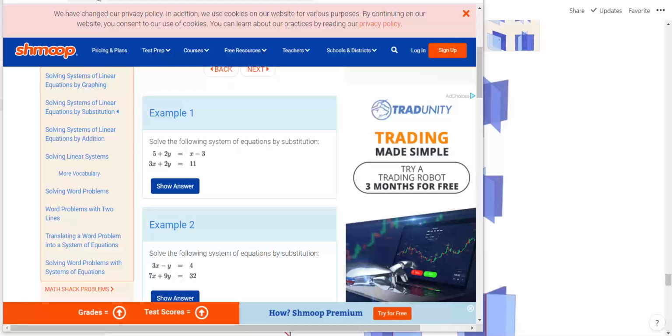So they've asked us to solve using substitution. So let's do that. We've got 5 plus 2y equals x minus 3. On the other hand, we've got 3x plus 2y equals 11. Now, using substitution, the first one would be x equals 8 plus 2y, right? So we substitute x in the second equation. So we have 3 multiplied by 8 plus 2y